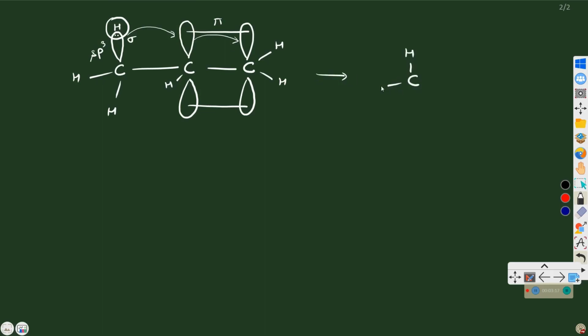I can represent it this way as well. These 2 pi electrons are taken up by the terminal carbon, and the sigma electrons of the adjacent alpha carbon hydrogen bond are forming the pi bond between carbon number 2